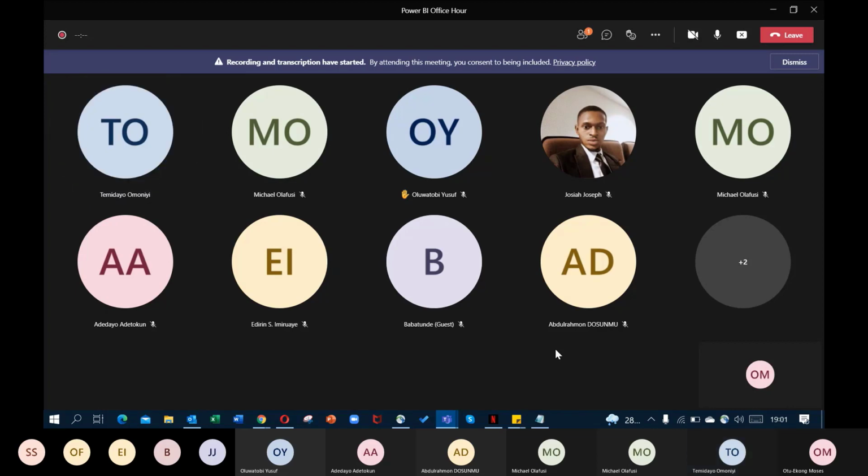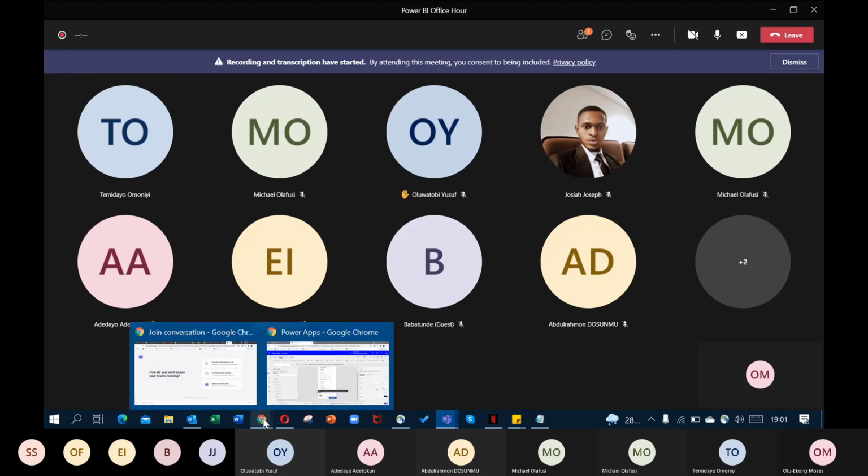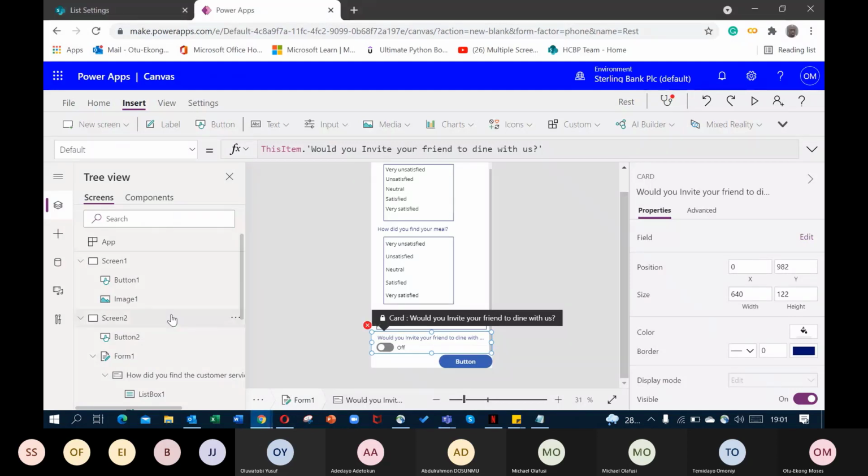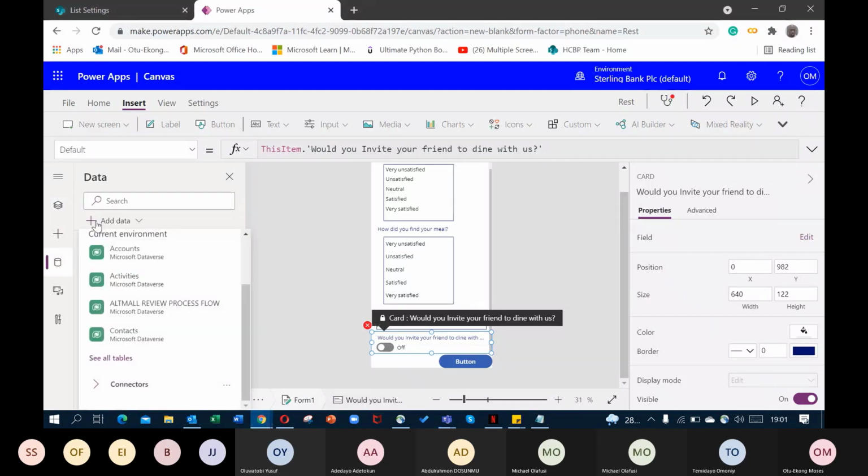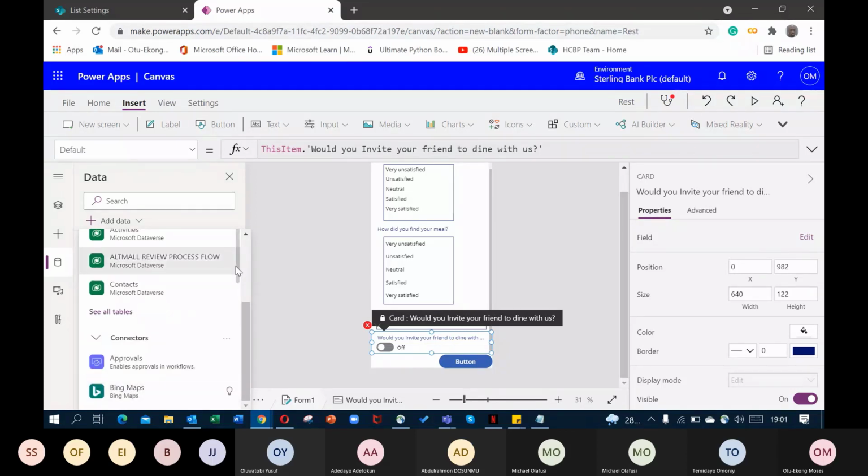Copy the link from there. Then when you come to Power Apps, in your add data, you can add data connectors and search for